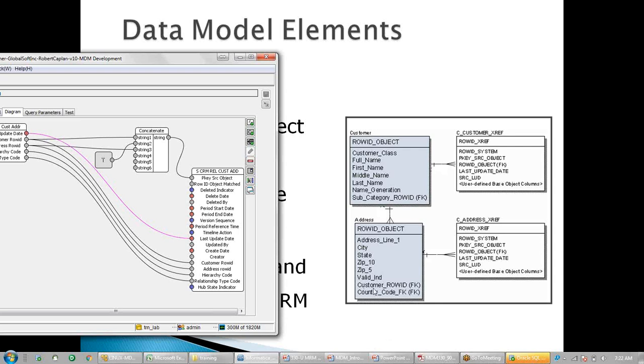And in this column, the customer row ID column, which is a foreign key column, we will be populating which customer this address belongs to. So based on whatever value I pass, in this I will be passing like 1, 2, 3, 4, 5. So it knows which customer the first address belongs to.